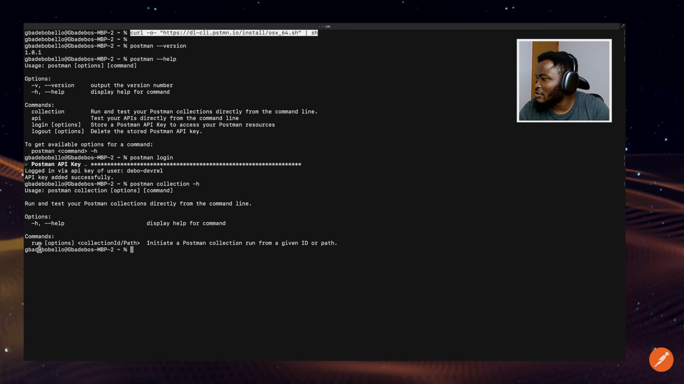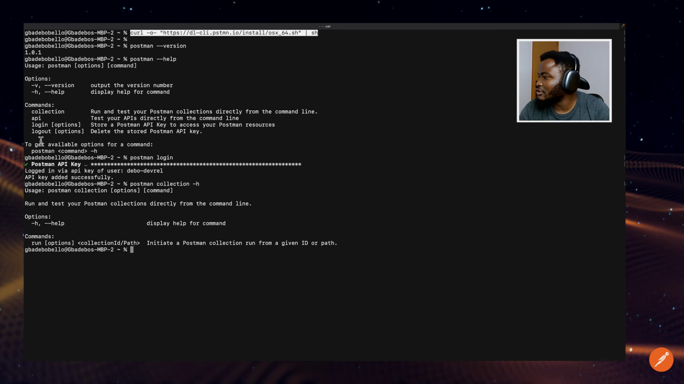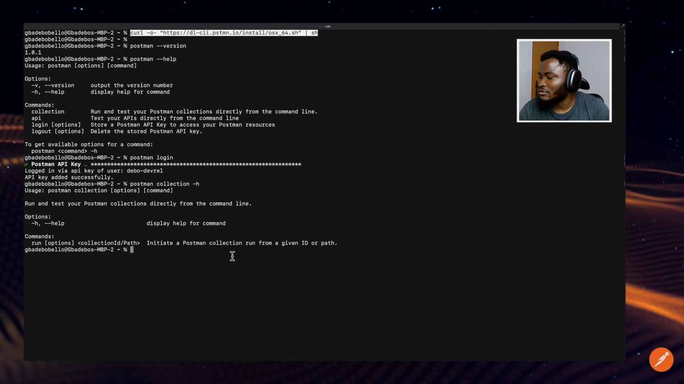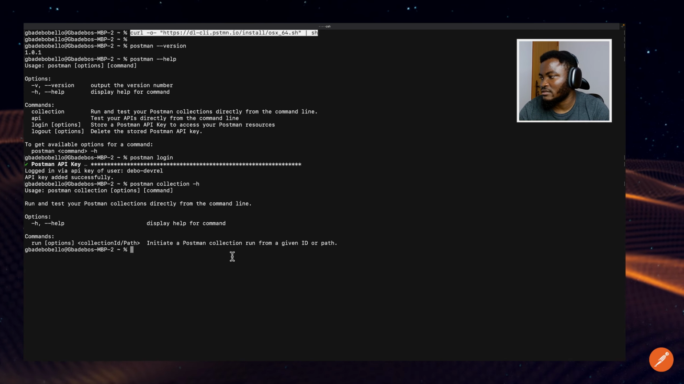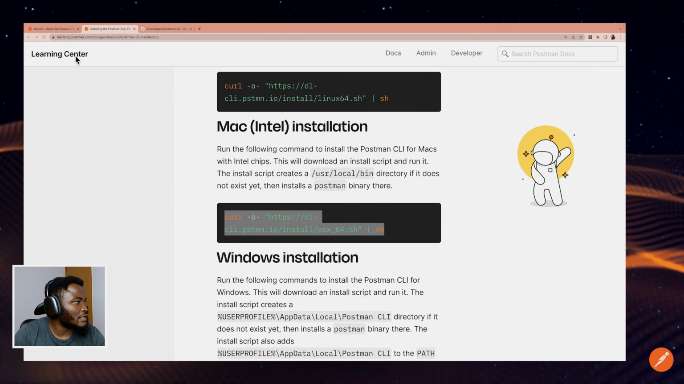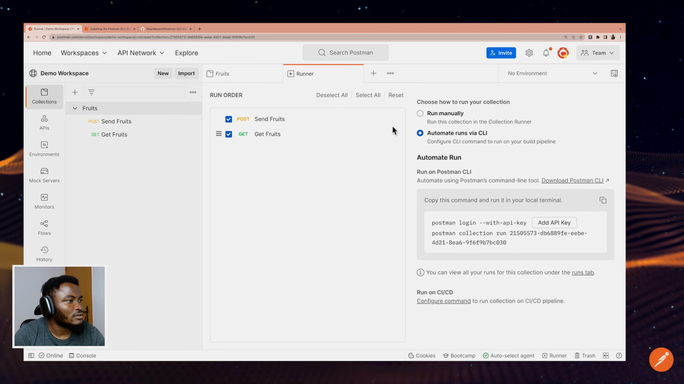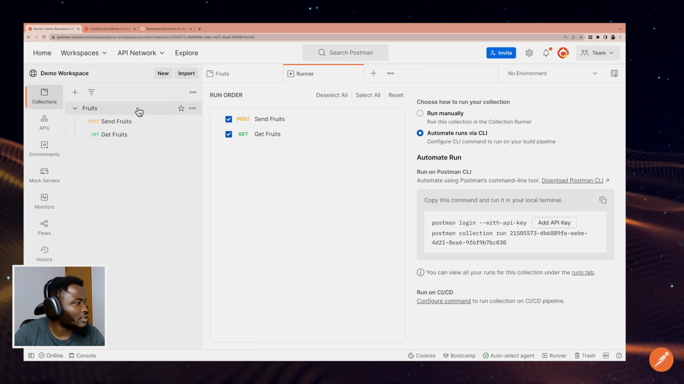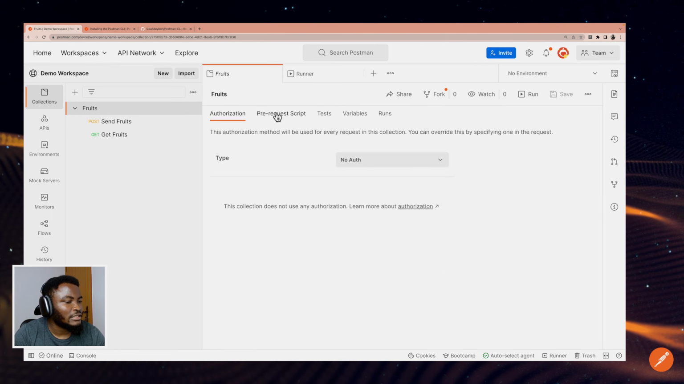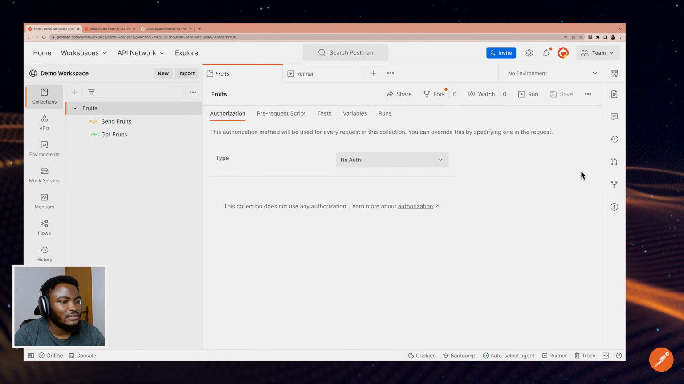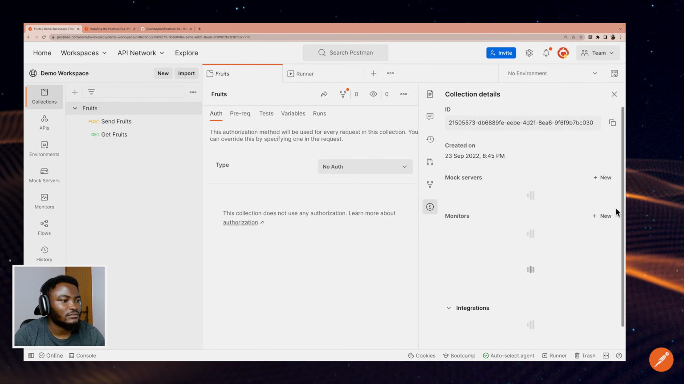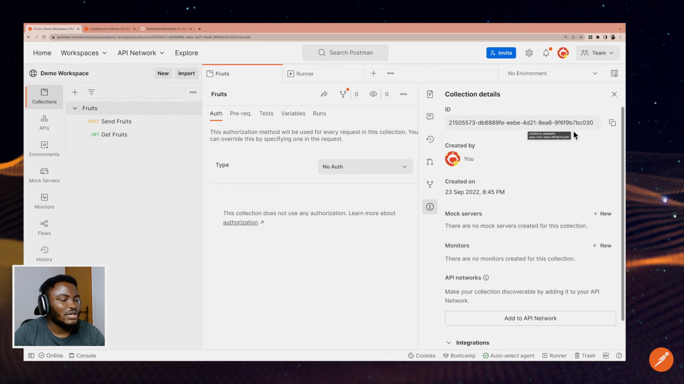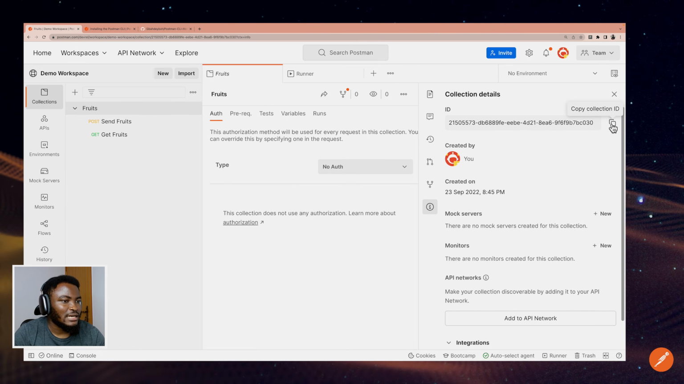We can see that we have just one command that we could use on the collection command, which is the run command, and it helps us run a collection using the collection ID or its path. Since we already have our collection created here, we could easily grab our collection ID. To do that, we click on our collection. Then on the context bar by the right, click on the info icon. I should see my collection ID, but I'm going to click on the copy collection ID icon right next to